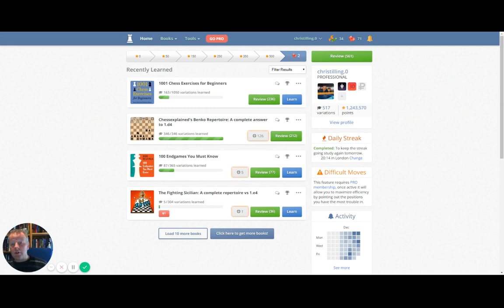key endgame positions, and they've got resources on the webpage for this, and they're going to be putting more on there as well. Tactical motifs, they've just released a book, useful for those who are new when it comes to tactics. Anyway, why don't I just go and look at some examples on the webpage.